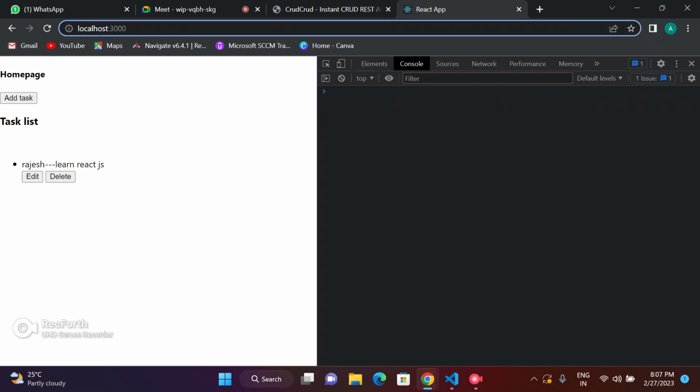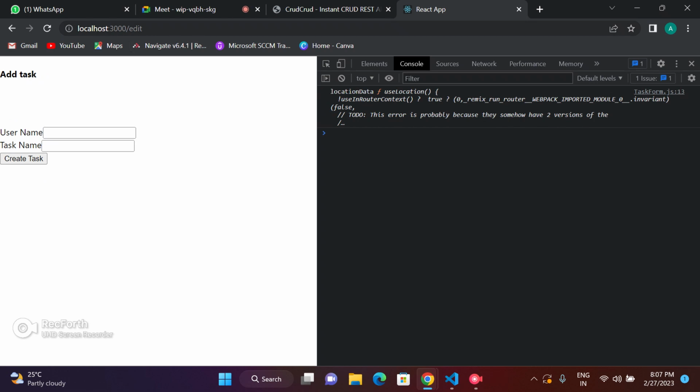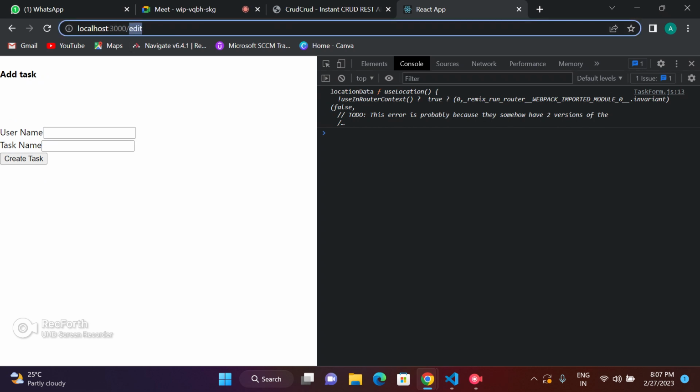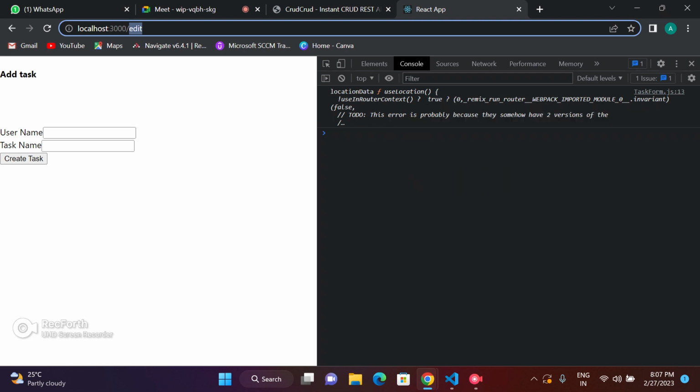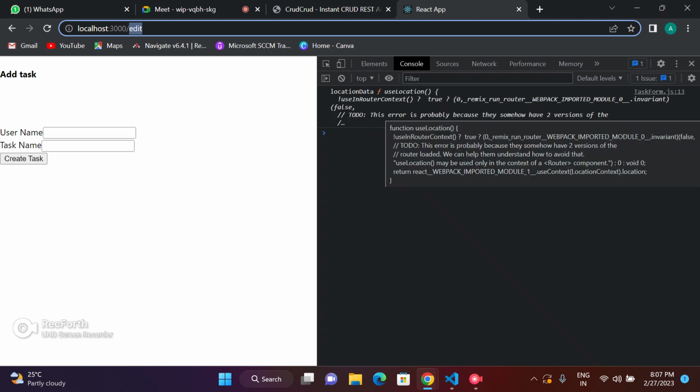So now you can see when I click on edit, we are on the home page. Now check everything. On click on edit, what happened? Clicked on edit, we routed to the edit page, and I have already logged the location data. So over here I logged the location data. We got the function, so I need to,